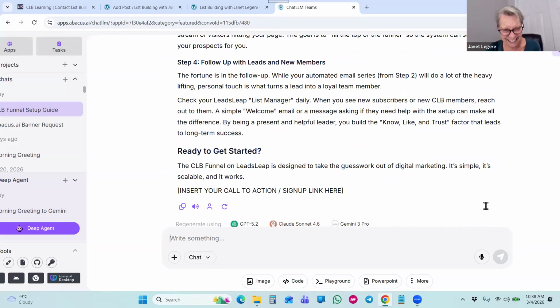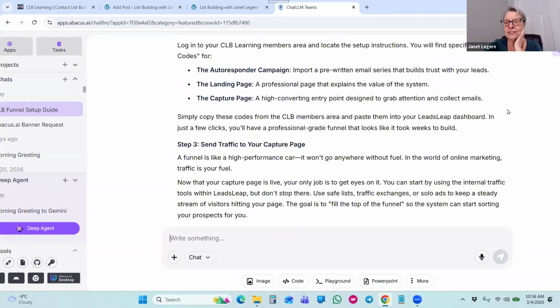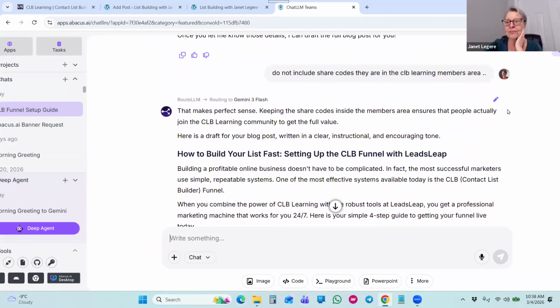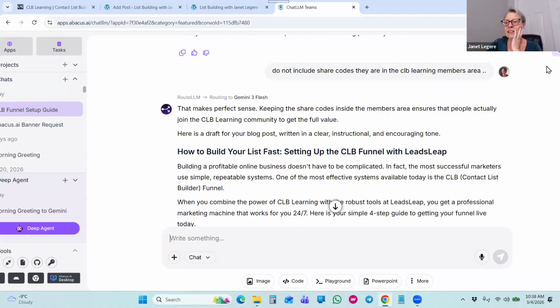Okay. Ready to get started. And there you go. You put in your CLB link right there. Now, all you got to do is copy this, right? There's usually a thing right at the top here to copy it. You copy this blog post and